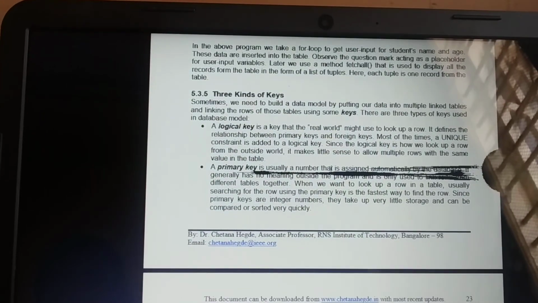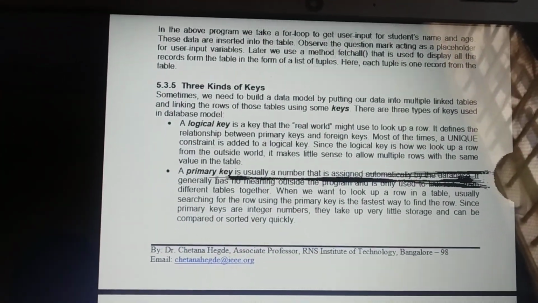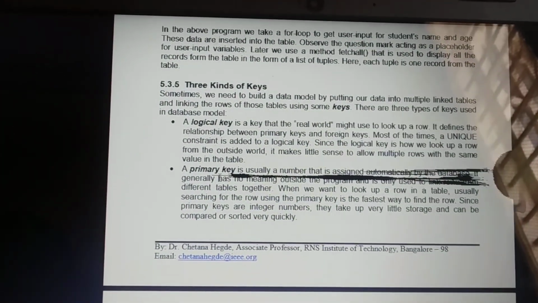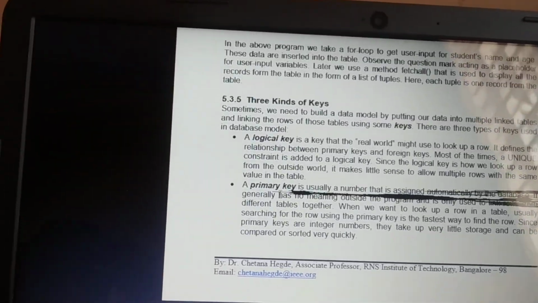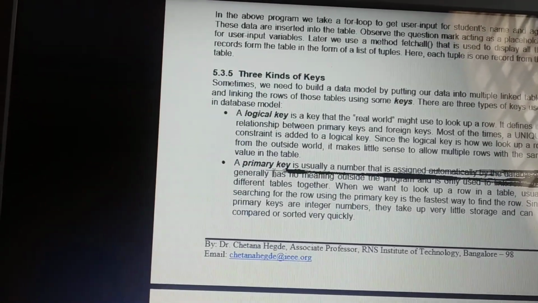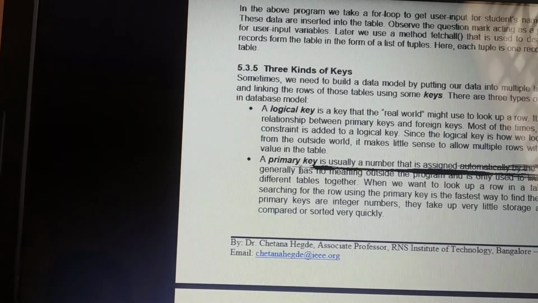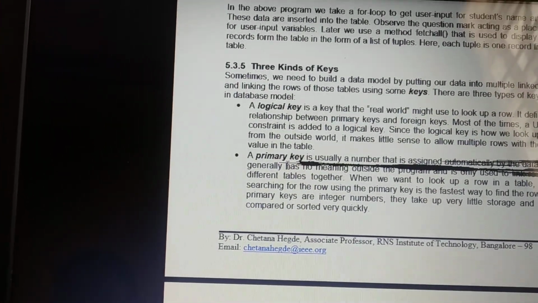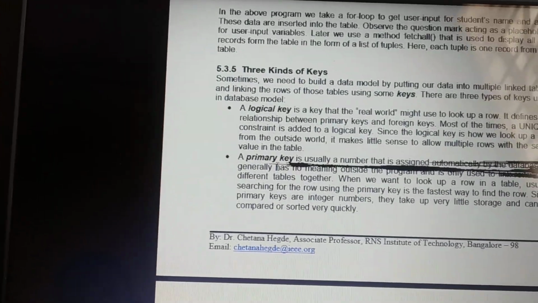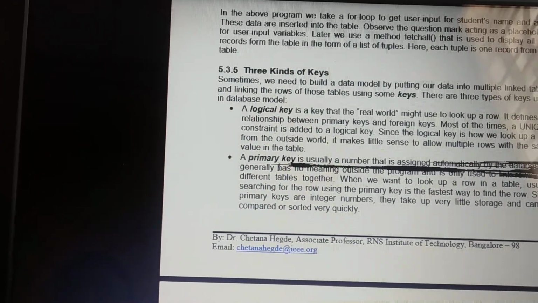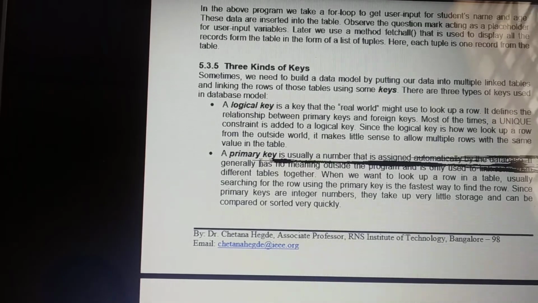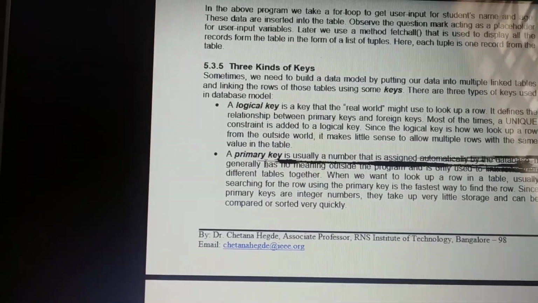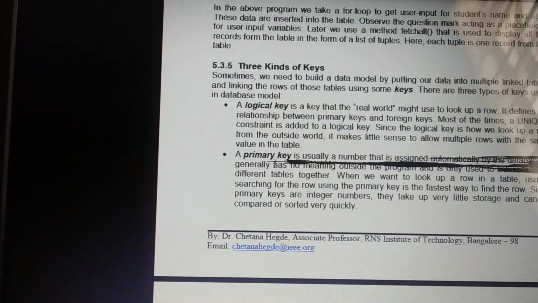Next we'll see the primary key. What is this primary key? Always remember, the primary key is nothing but a number. It will be assigned automatically by the database. Once again, remember, the primary key is always a number and it is assigned automatically by the database.